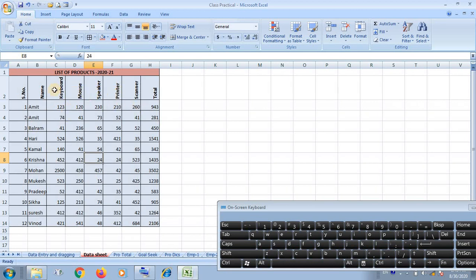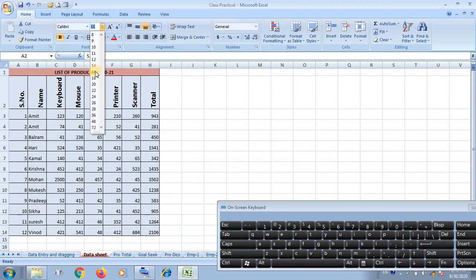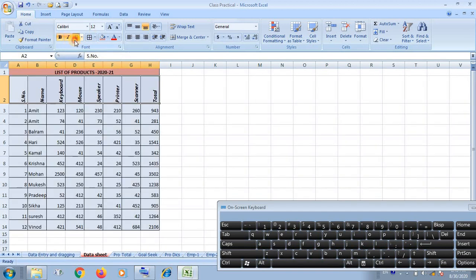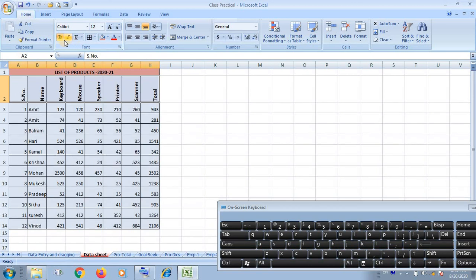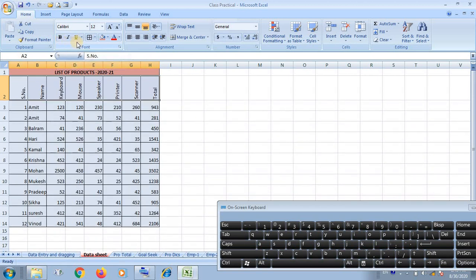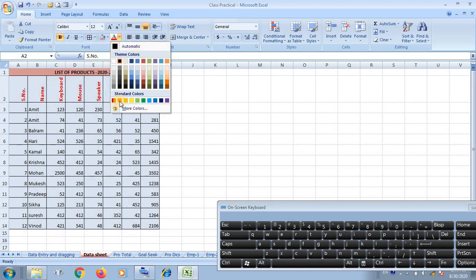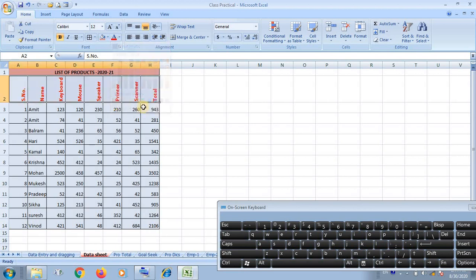Okay, in this way, if you want to increase the size, the font size is given here, you can increase or decrease the font size, you can change the font style, underline, these things you can also do. You can change the color, suppose you want to change the color, then you can apply a different color, whatever color you want to apply on the particular product. Okay,